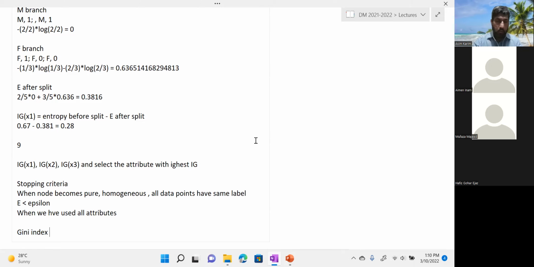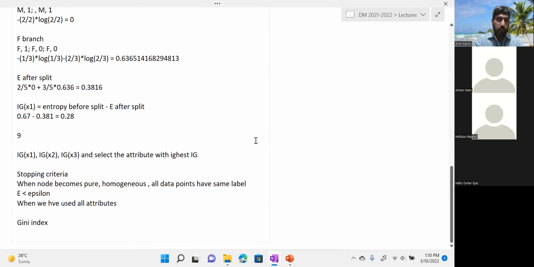So the Gini, just like entropy, is a quantification of the impurity, okay? And I denote this as G. So Gini is basically given as 1 minus the sum over all classes of the proportions of those classes squared. So p_i